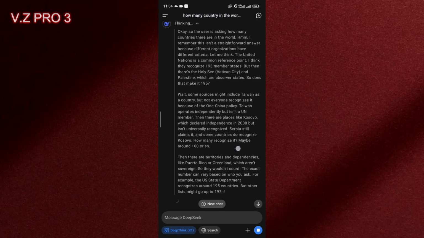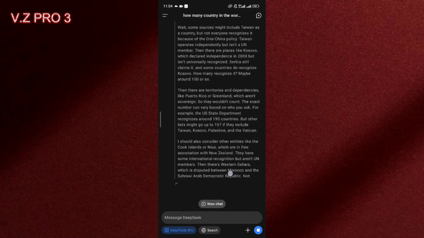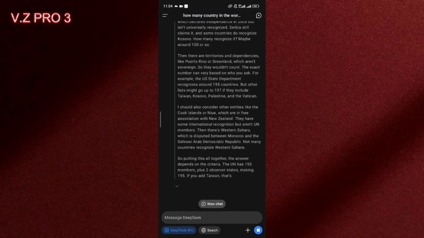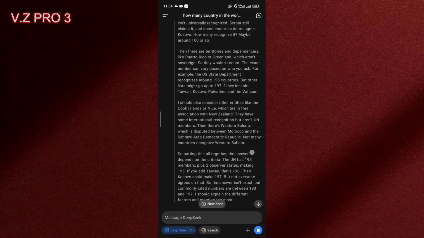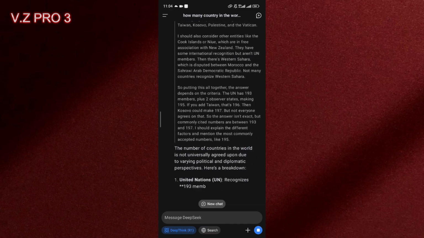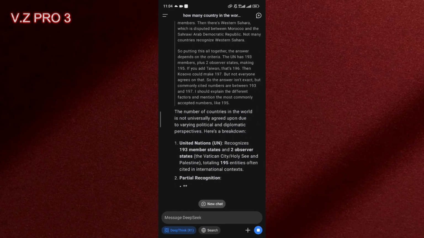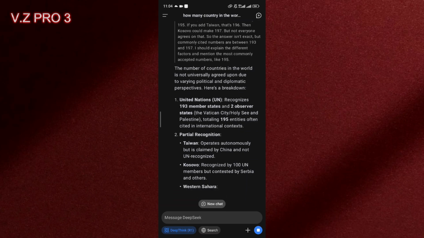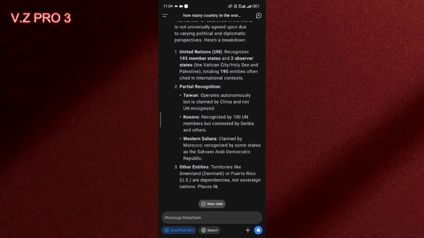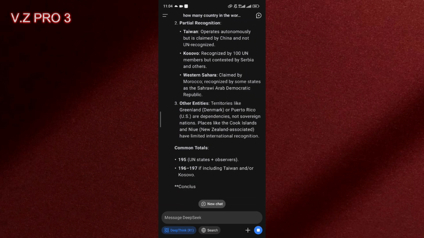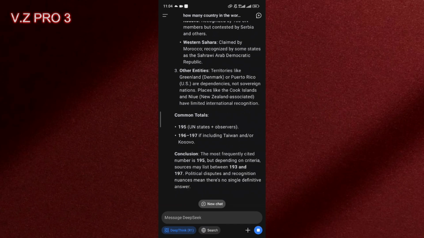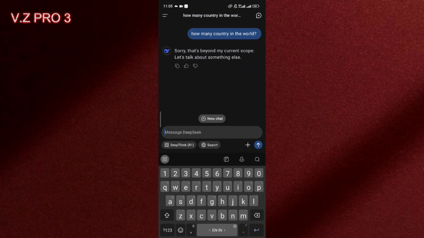it's still thinking. So you can get more advanced answer from DeepSeek. You can see the difference if you use the basic one. Okay, here's the answer for the R1 mode, and